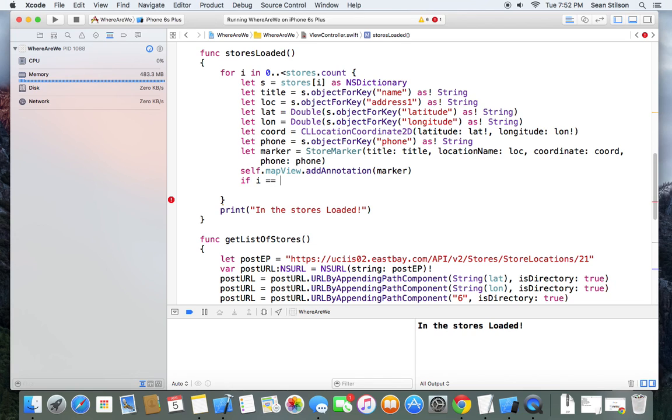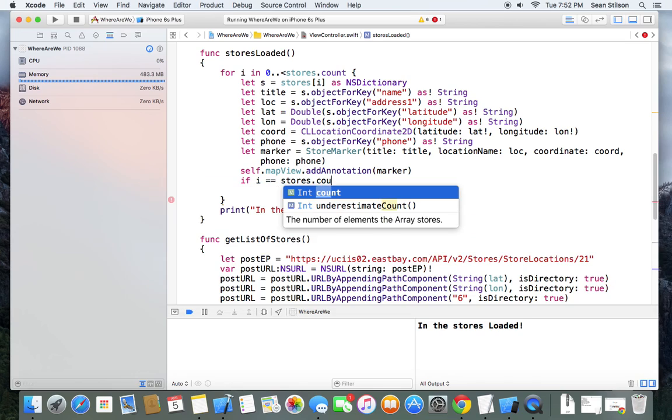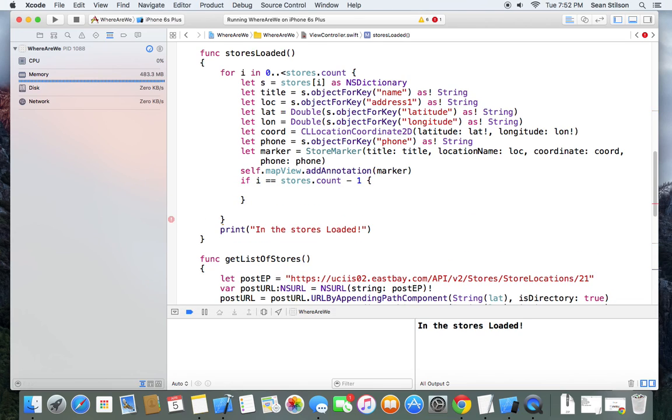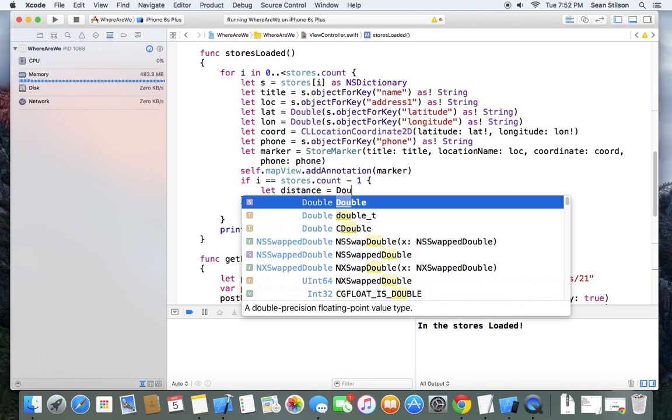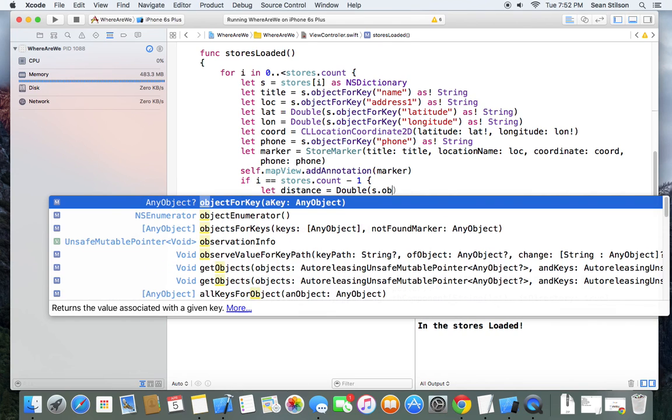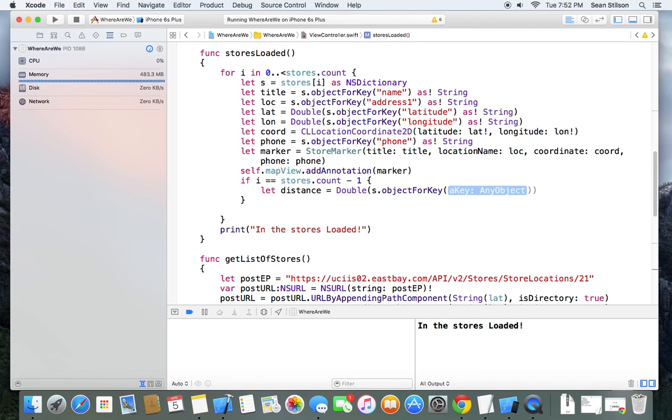equals stores count minus 1. So this is the last store, in other words. We know it's the one furthest away. You can say let distance equals double. I think I can construct this from a string, dot object for key, distance,